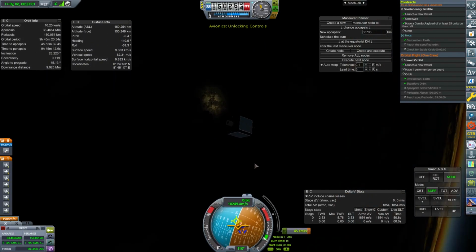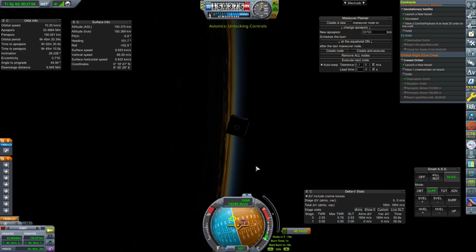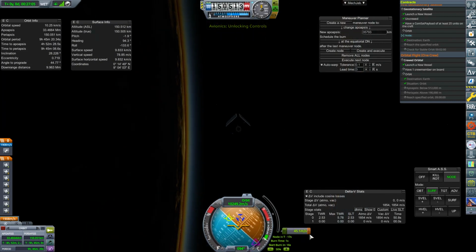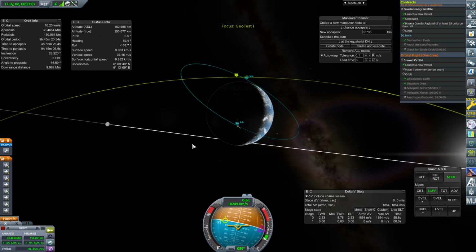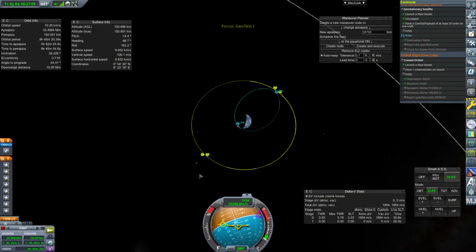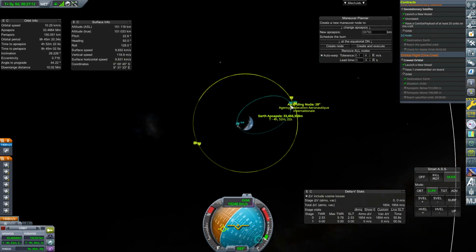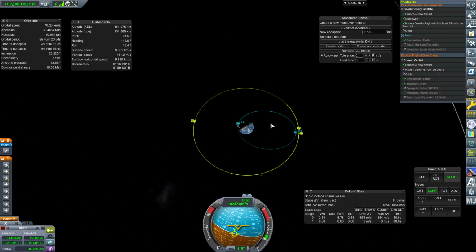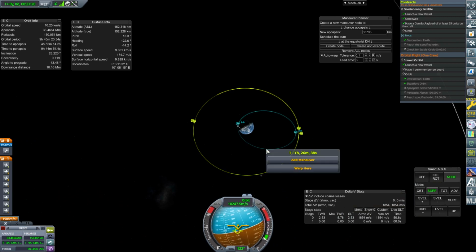Turn off the RCS because we want to save that. Right. This craft is now on its way. How far off are we? Ooh, that's going to be painful, isn't it? Oh, that's going to be painful. I don't think we're going to get this. But we will see, we will see. So let's take it to